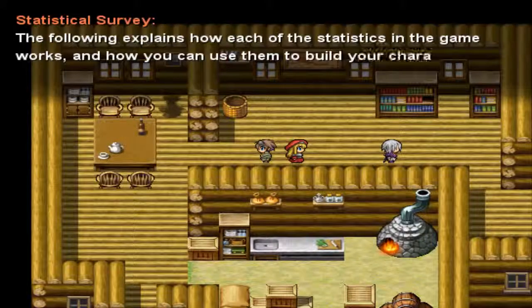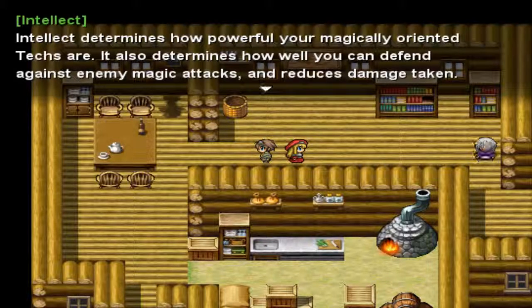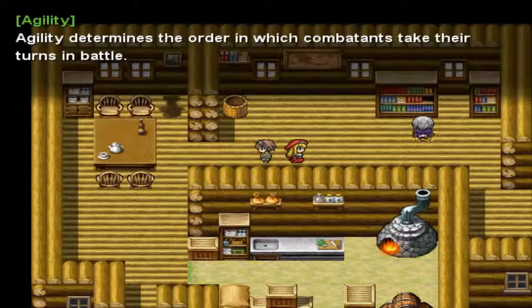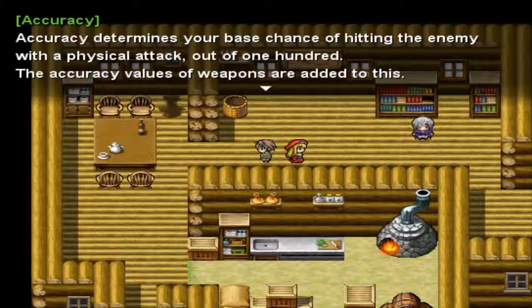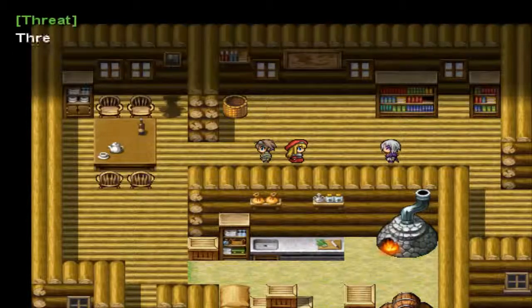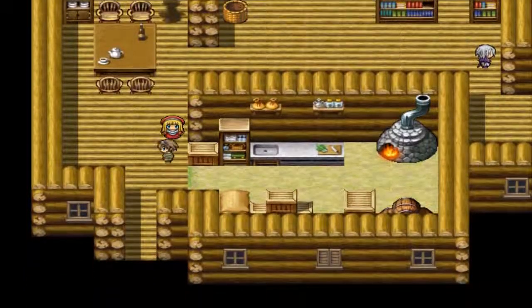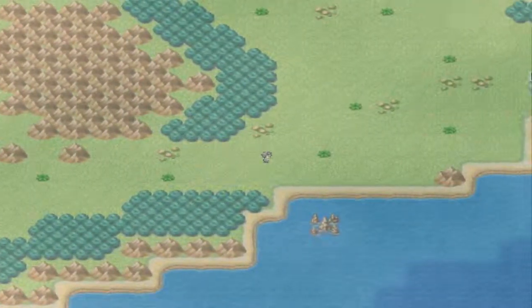Actually, I'm curious. Okay, so if I build a tank, I'd want to give him a high threat level, okay. I don't think there's anything down south, though. Nope, let's swing... What the... I doubt I can do anything here right now, but...